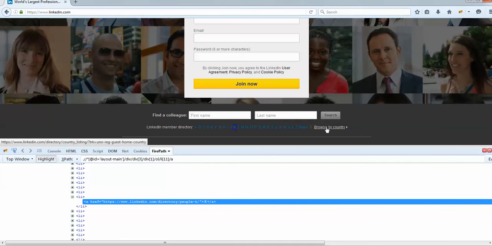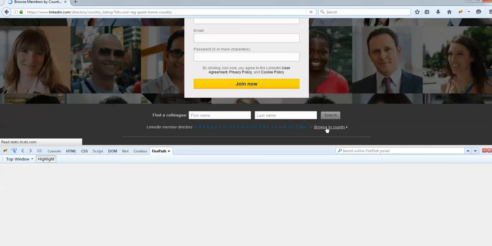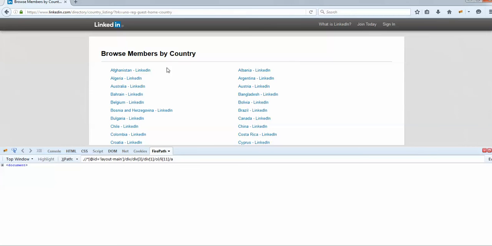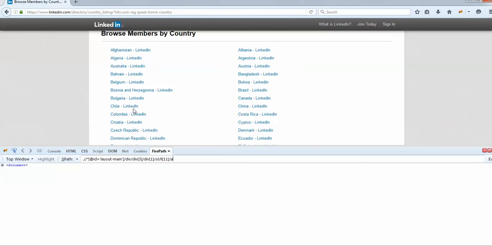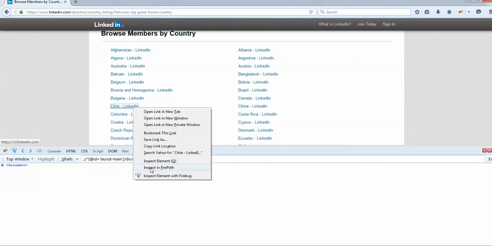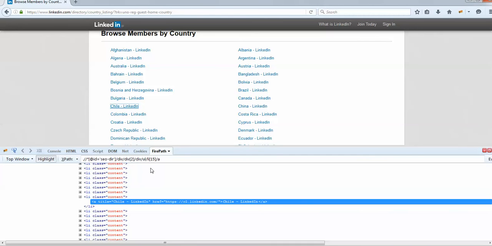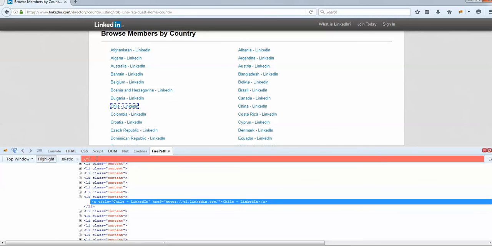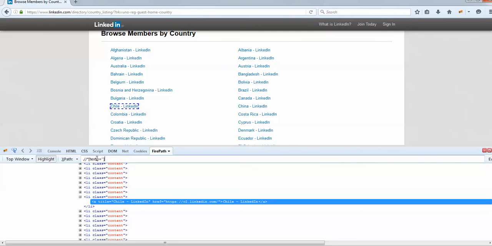And if you come here, browse by country, we have a number of links here. All these links, anything here can be identified either using its text or its list. So li of 15 is one way, or you can always find star text equal to, give this text, what does it say, chili.